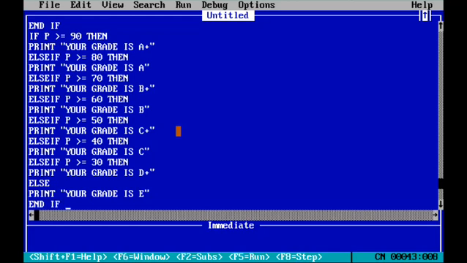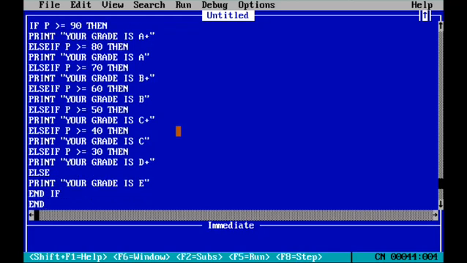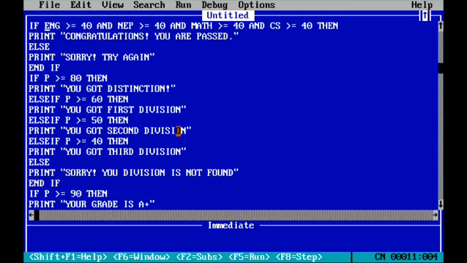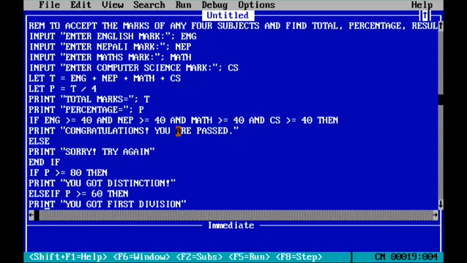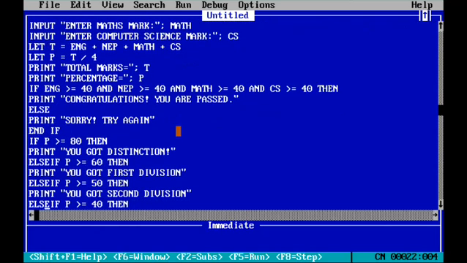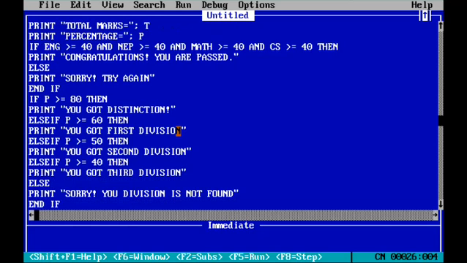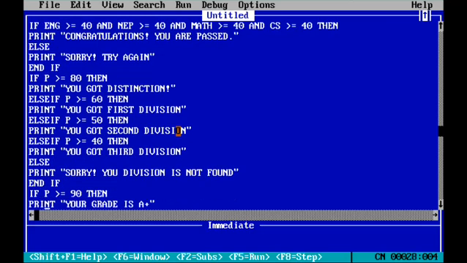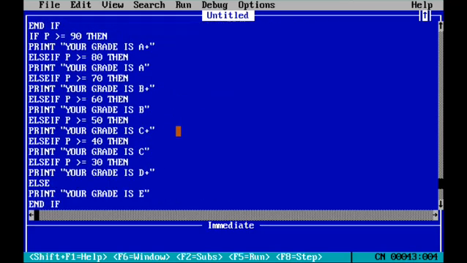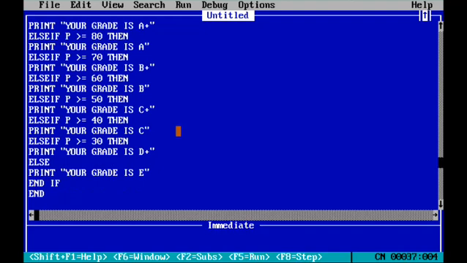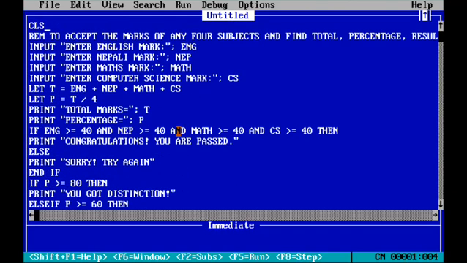We have to give int first, last number int. These are the coding of the program. How to write the coding I told you. So this is so simple. You are thinking this is such a lengthy program, why should we write this type of lengthy program? If you are thinking it is lengthy, it becomes very difficult for you. If you think this is a very simple program, then you feel very comfortable, because it looks lengthy but is very simple.